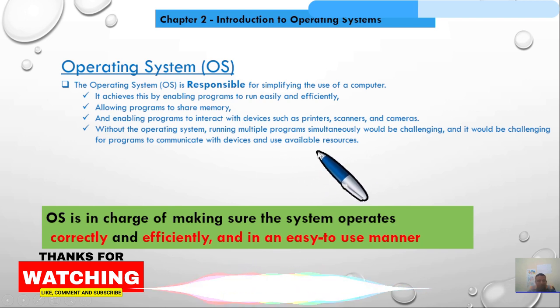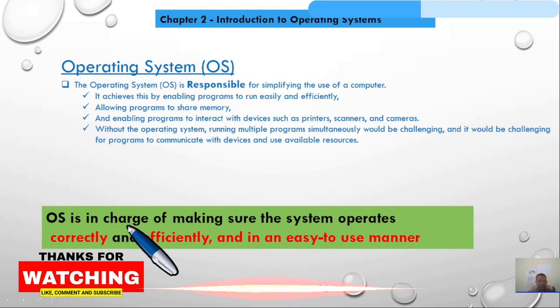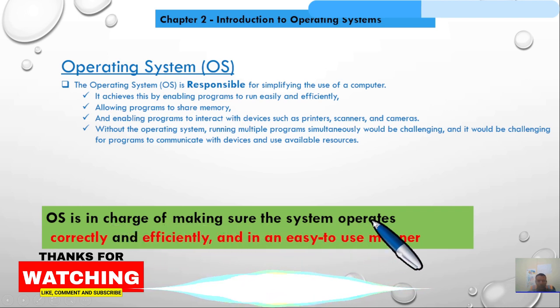In general, the definition of an operating system is an interface between the hardware and the user. The operating system is in charge of making sure the system operates correctly and efficiently and in an easy to use manner.